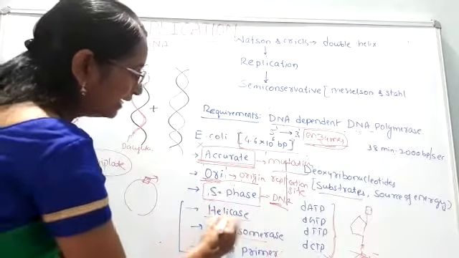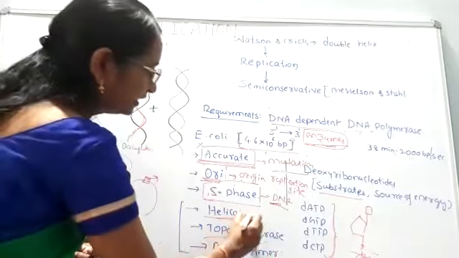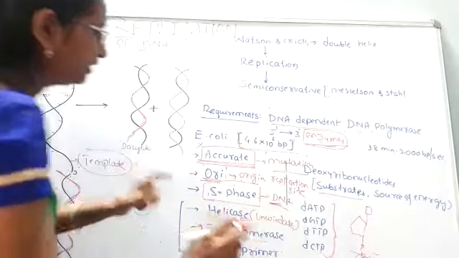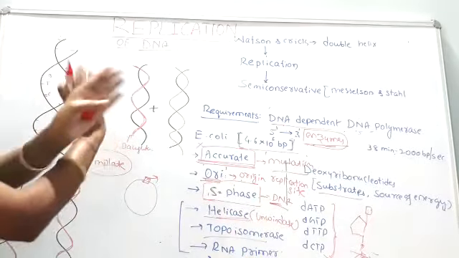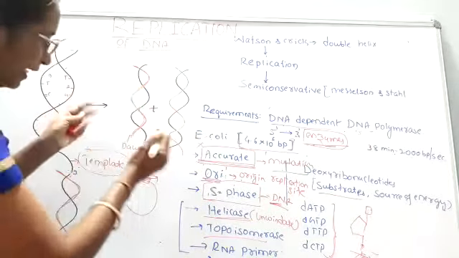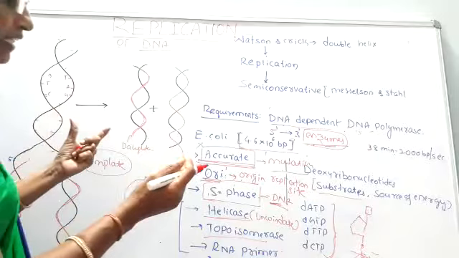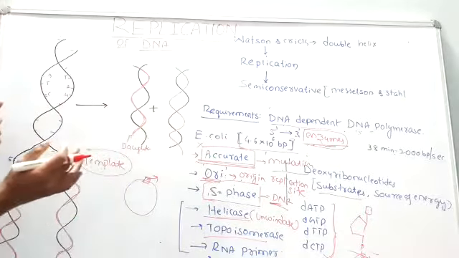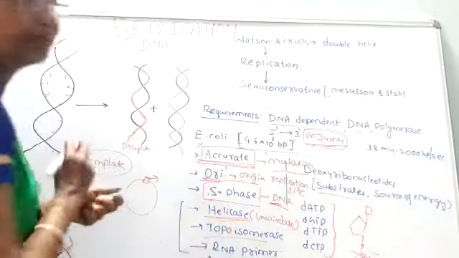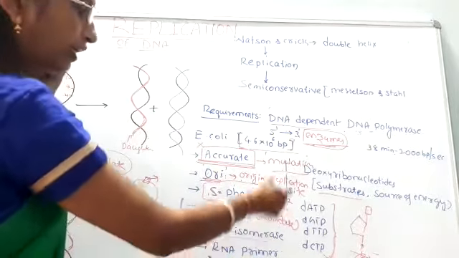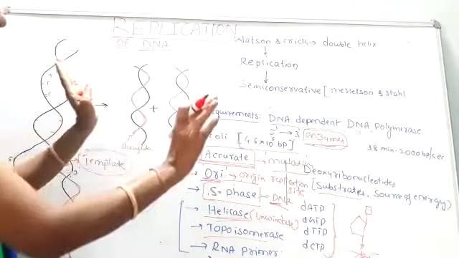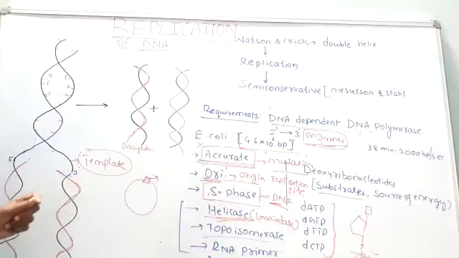Okay. Now in addition to these raw materials, replication of the DNA also requires the most important enzymes. Those are called the helicase enzyme. Helicase is also known as unwindase enzyme. We know that DNA is double helical, it is highly twisted. To remove the twist and separate these two DNA strands away from each other, the helicase enzyme is required. So helicase, or unwindase, makes the two DNA strands separate.